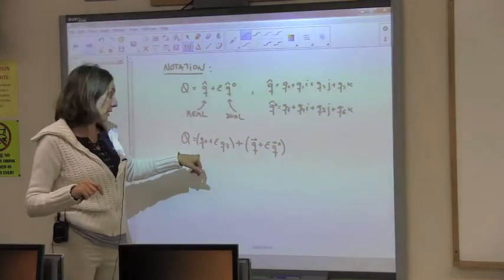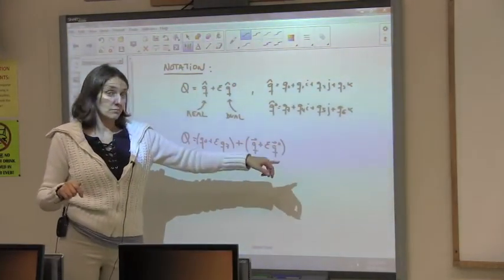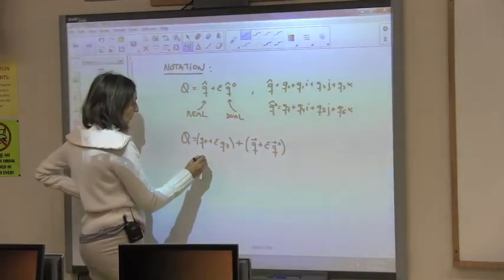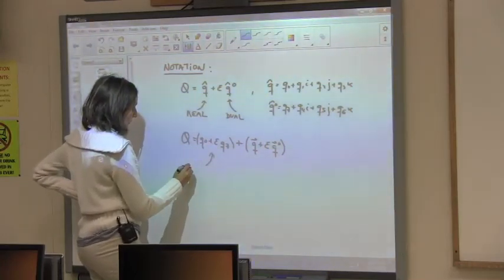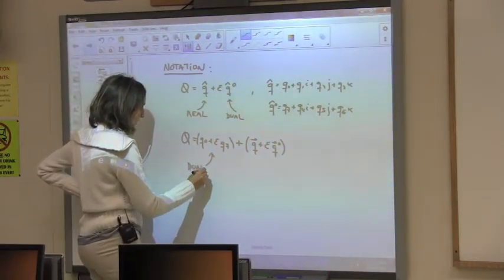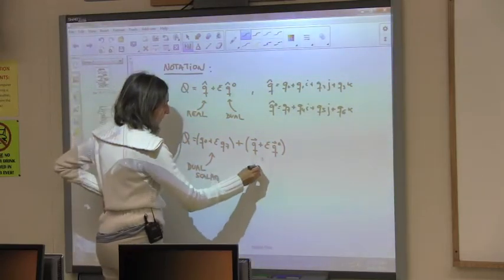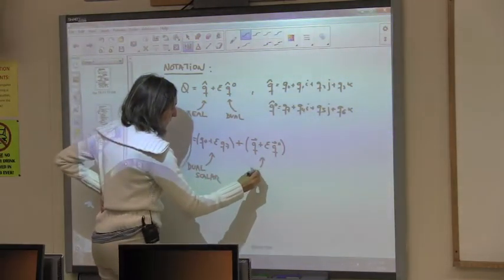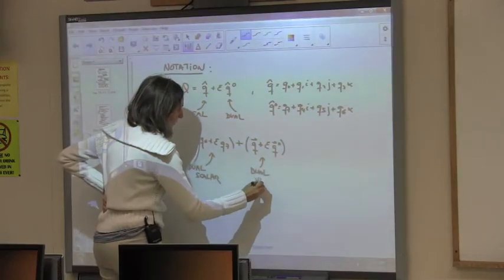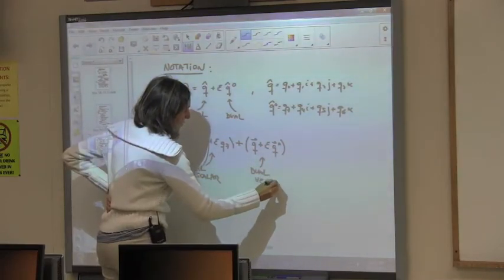So you have a dual scalar plus a dual vector. It's another way of organizing it. Dual scalar, dual vector, and now if we use this notation,